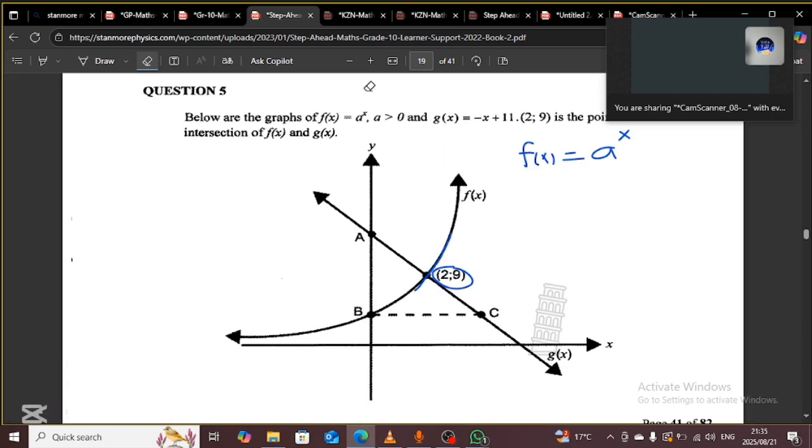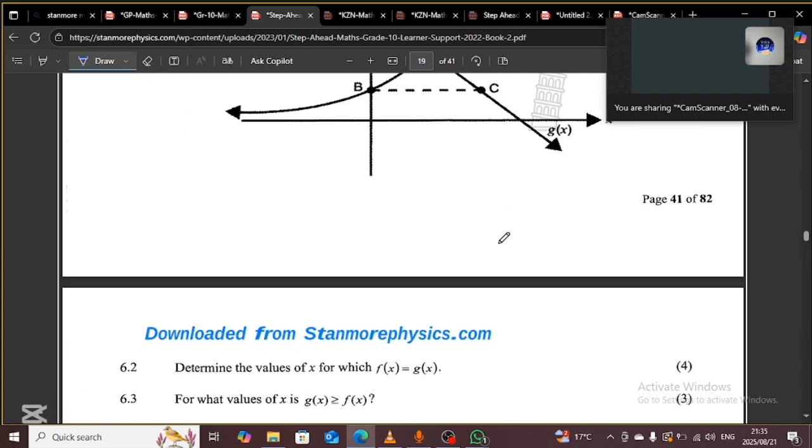It's 3. So our a equals 3. So now we'll rewrite this function. Instead of writing a here, we can write 3. We can write 3 to the power of x. So the function f of x is 3 to the power of x, right? Yes. So now,